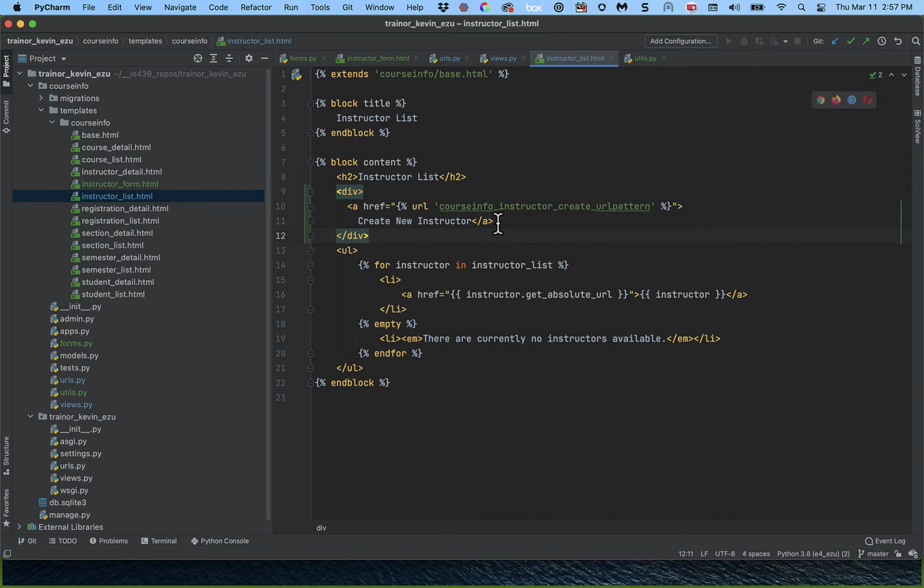Not really a button, although we're going to render it as a button by the time we get to the end of EZU. The styling that we're going to give this link is it's going to be a button. In the short run, it's going to look like a link like every other link. So we're going to have a link, and the text is going to be create new instructor. It's going to be above the list of instructors, and the URL associated with this is course info instructor create